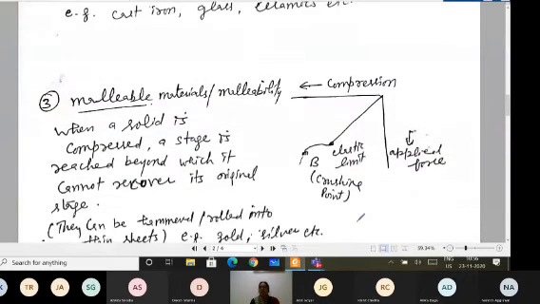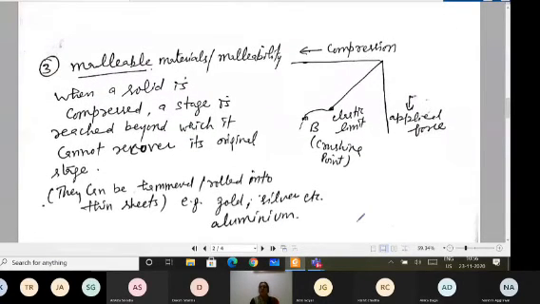And metals for making thin sheets. When I'm saying thin sheets, it means I'm compressing the materials. And when I compress the materials, then similar to the elastic limit and breaking point, I get a point which is known as the crushing point. So I'm plotting the graph between compression and the applied force. In place of extension, now compression is there. So you are applying the force in the opposite direction.